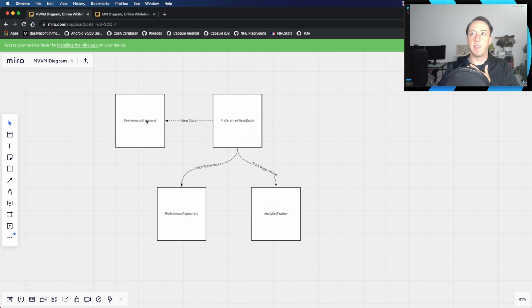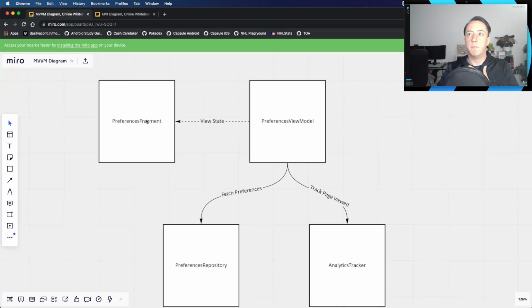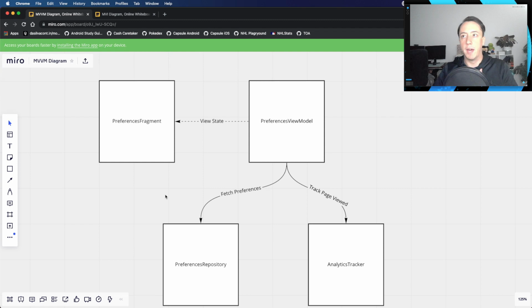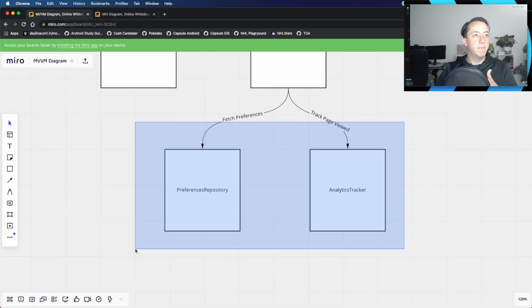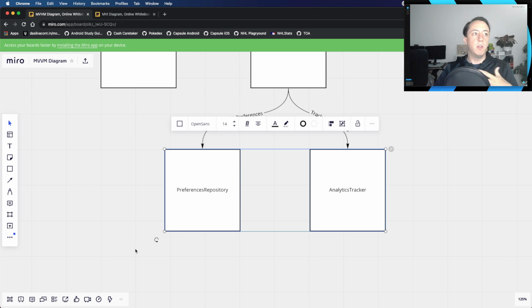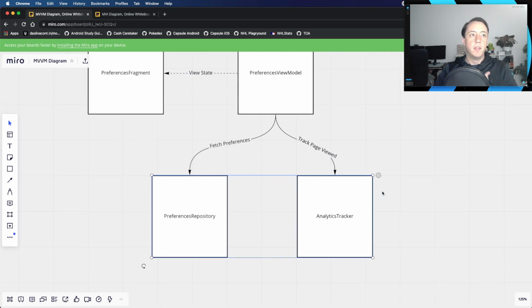Here is an architecture diagram of a Model-View-ViewModel architecture. What those words mean is that it stands for the three components that you have in the application. You have your model, which is usually referred to as your data layer, which in this case you can consider these components, like the preferences repository, where you get the user's preferences or update the user's preferences. That's your model layer. Analytics tracker, not necessarily a model, I don't know what to call it, but similar idea